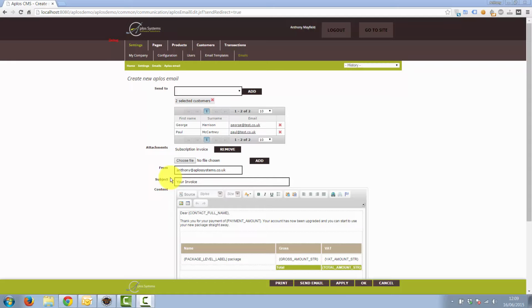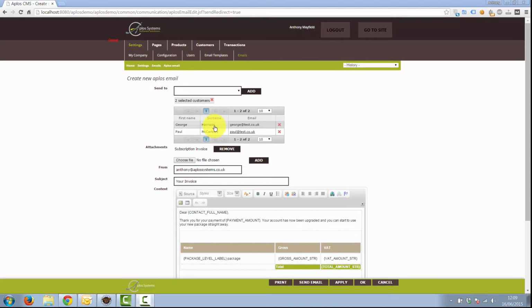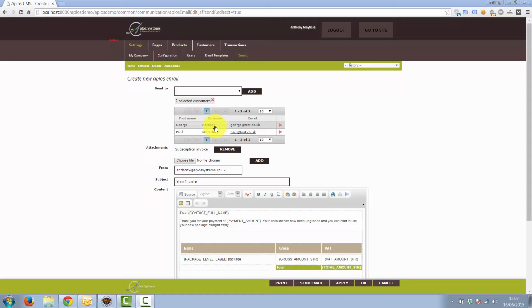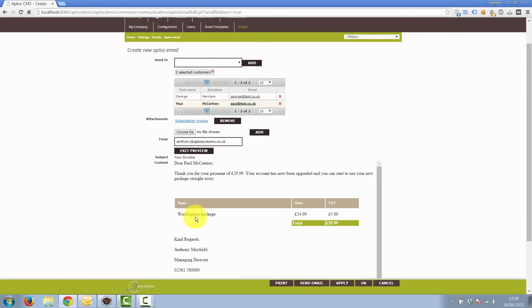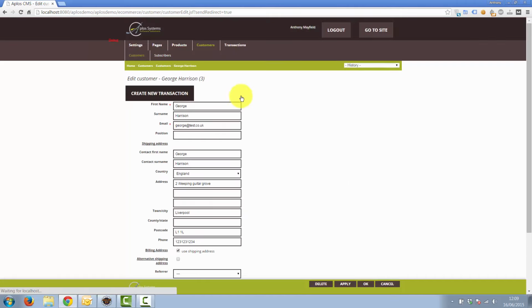So we have our standard sections for subject and content, and then above you can see all the recipients that this email will go to. These recipients are shown here so that you can be assured that you aren't accidentally sending emails to the wrong people. Also, if you click on them, you can now see the subject and content have gone into preview mode. You can see how the email will appear to them and make sure that the placeholders aren't doing anything strange. If you click on the link, then you can quickly make edits to the data before it's sent.